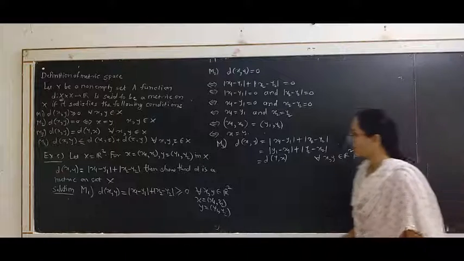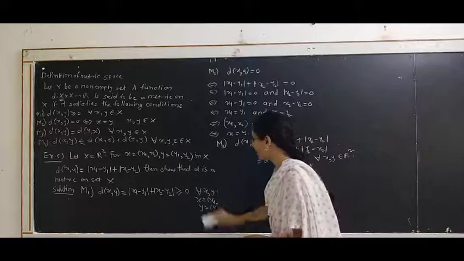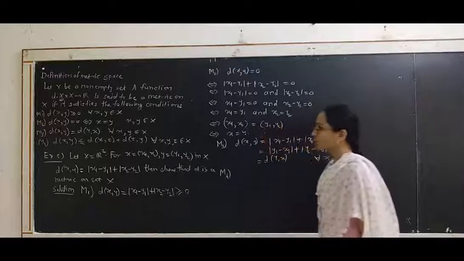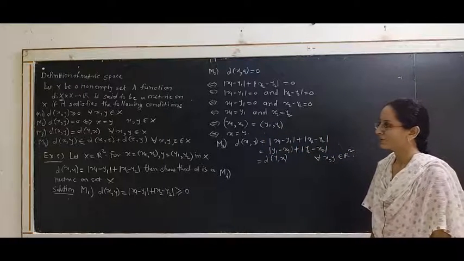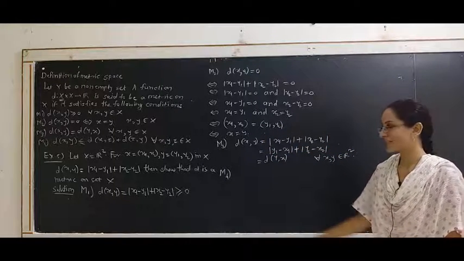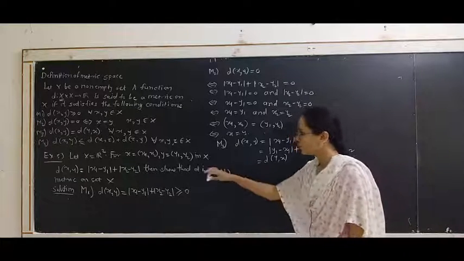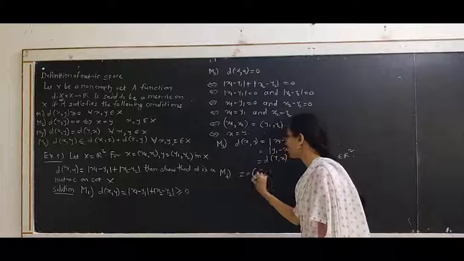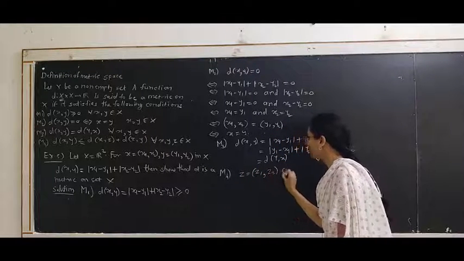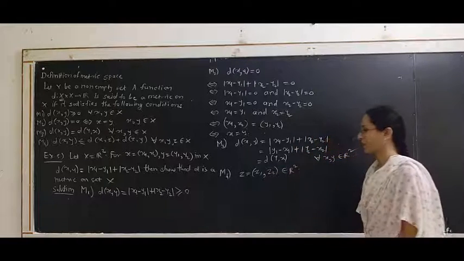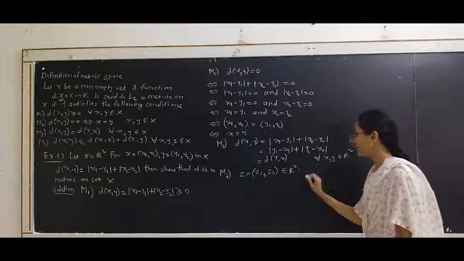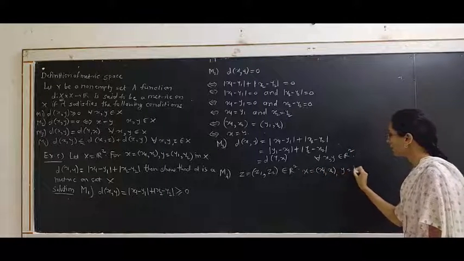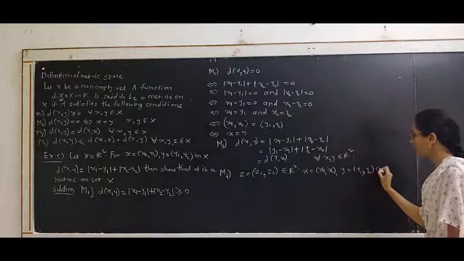Third, last property is the triangle inequality. We are calling that property M4. To show that the triangle inequality is true, we must consider three points from the set R2. We know the two points x and y. Mention the next point: suppose z is equal to z1, z2 belongs to R2. And we already have x is equal to x1, x2, y equal to y1, y2 belongs to R2.